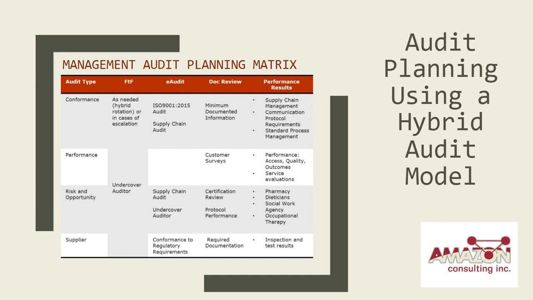If you were to take a look at the entire quality management system and look at it for adequacy throughout the whole organization. So how you read this audit planning matrix is this. I've got the audit type and then the separate types of audit methods. So I'm calling this a hybrid audit model. It's going to incorporate many different tools for auditing or reviewing that can be at the use of the different groups also.